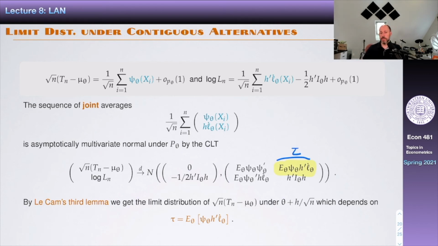Tau is going to be important because it gives us the behavior, and in particular the deviation from the mean under the null, of the test statistic under the alternative hypothesis. That's the content of Le Cam's third lemma. So all we need to do when we want to study the behavior of a test statistic like this one, instead of under a distribution p theta, we want the behavior under distribution p theta plus h divided by square root n, is to find out this tau. Once we have that tau, we're just good to go, and we can apply Le Cam's third lemma, and it's giving us everything we want.